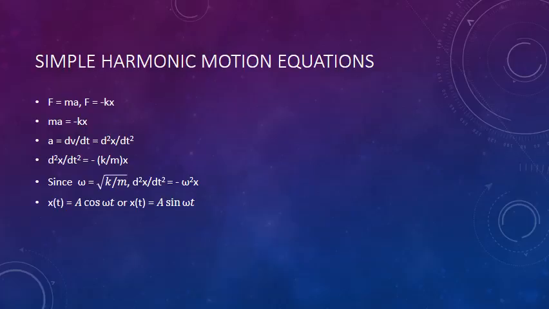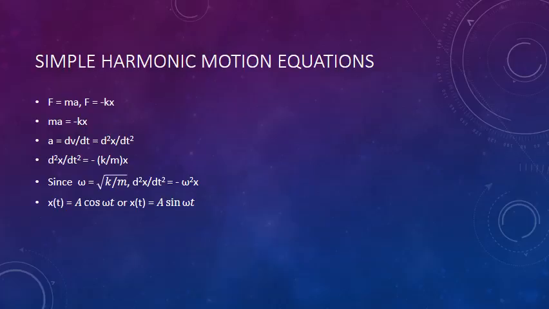And we know that acceleration is the time derivative of velocity and the second time derivative of displacement. Substituting that into the above equation shows that the second time derivative of displacement equals negative k divided by m times x. We also know that omega equals the square root of k over m, so we can rewrite that equation as the second time derivative of displacement equals negative omega squared times x, which is the differential equation for